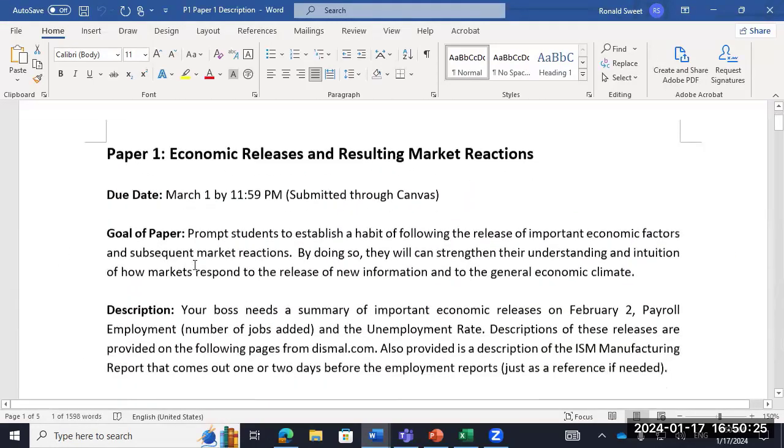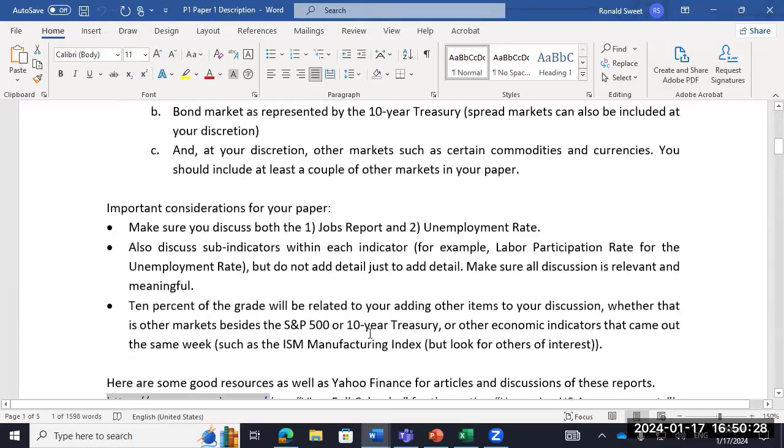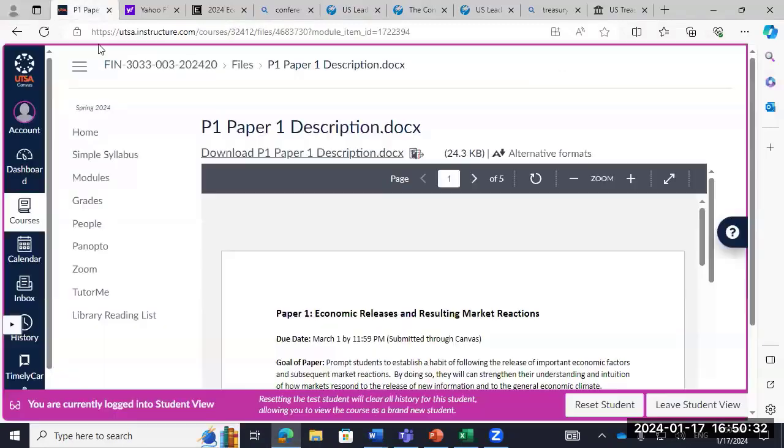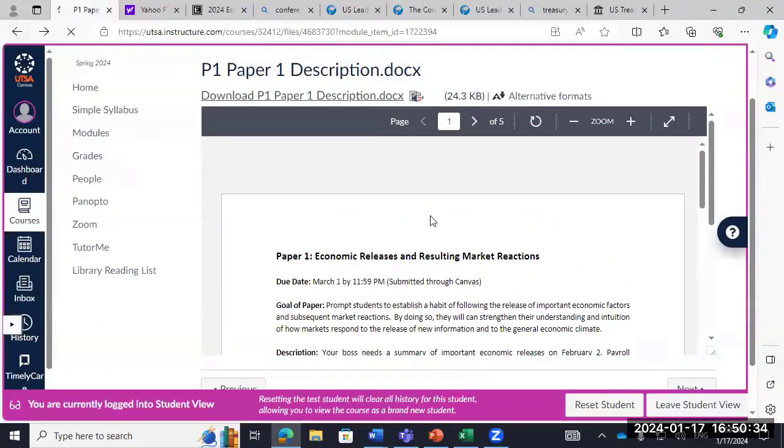So you can't work on this yet, but if you want to start thinking ahead, you certainly could. Let me show you an example paper. All right, so